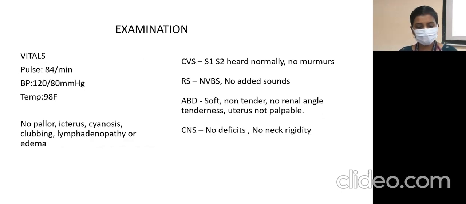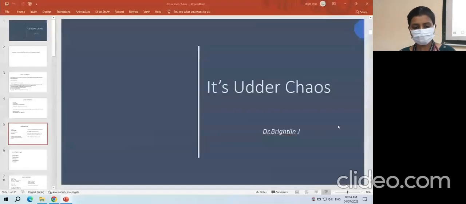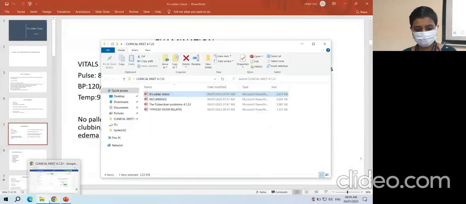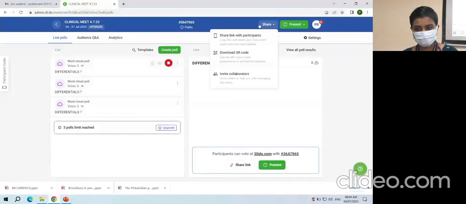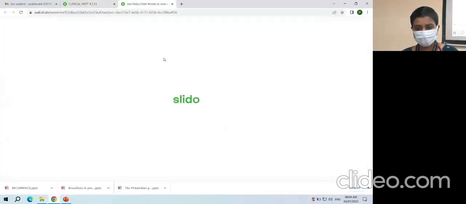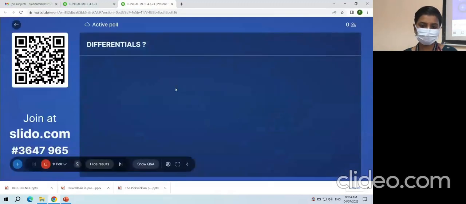Coming to the examination, the patient was vitally stable. On presentation, she had a temperature of 98. She did not have any pallor, icterus, cyanosis, clubbing, lymphadenopathy, or edema. On systemic examination, she didn't have any localizing findings. So the patient presented with the syndrome complex of acute undifferentiated febrile illness. The differentials considered were